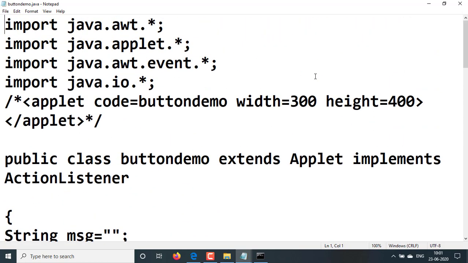In the button demo, first we import java.awt.*. AWT is the largest package in Java, responsible for creating and designing AWT controls.